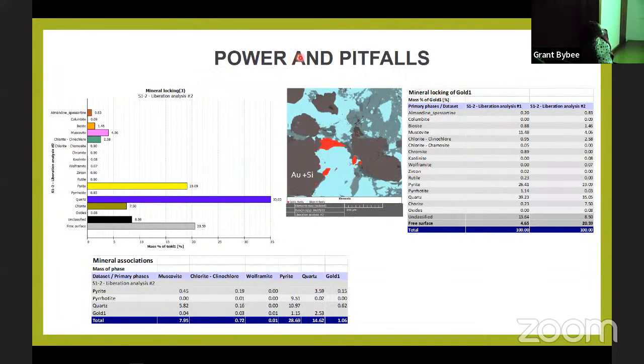Yeah, and also there's more information you can get from here. For example, you can also understand the locking of the gold, right? So you analyze that you have your gold particle in the x-axis. You want to understand in what manner the gold is locked in. For example, in this case, you can see that 35% of the quartz, so most of the gold is locked within quartz, and then about 20% occurs as free gold in the sample, and then the rest is within the